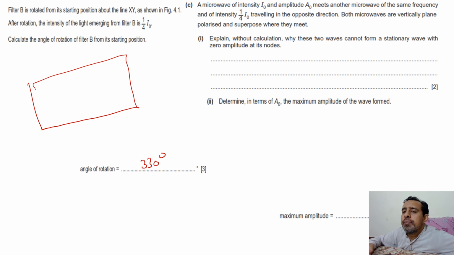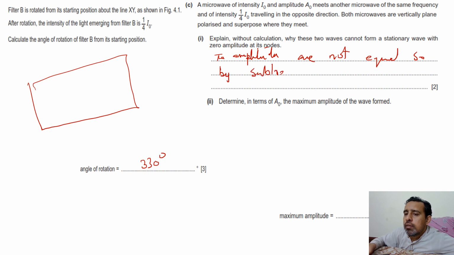Now in this part, explain without calculation why these two waves cannot form a stationary wave with the zero amplitude at its node. In fact, in these two waves, the amplitudes are not equal. If amplitudes are not equal, then by subtraction you cannot get zero. The amplitudes are not equal, so